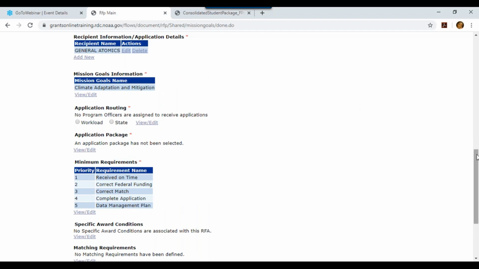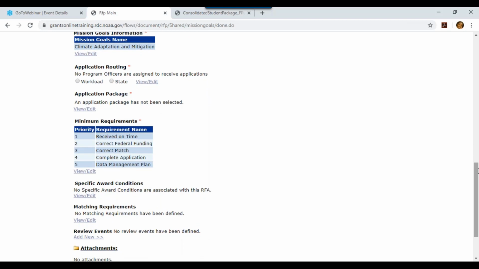This brings my mission goal back to my main page right here. And now I'm going to come down to the next section for application routing. Application routing is telling the system who is going to get the applications when they're submitted from grants.gov and pulled in to our system. Who is notified within your program office that an application has come in so that they can begin working on processing that application. We're going to use the easier method right now for this one, and when we get into the competition, we will look at how state routing works. But for right now, we're going to just show you workload routing. So I click the workload radio button, I click View/Edit,